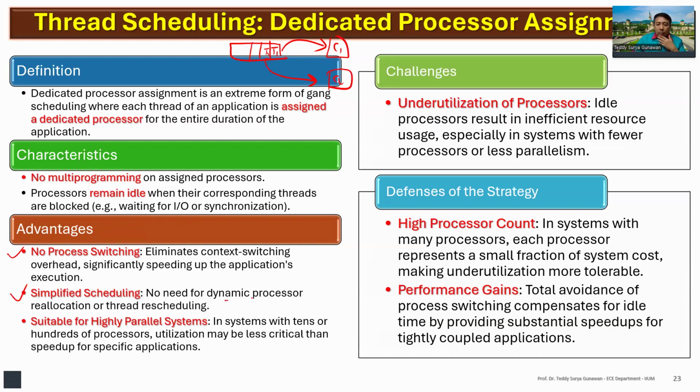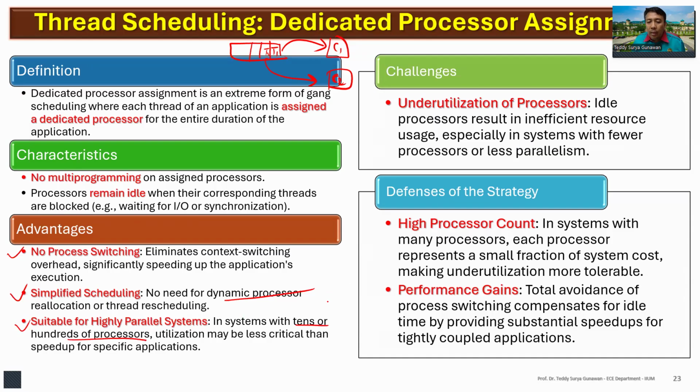No need for dynamic processor reallocation. For example, if you don't do dedicated, then T1 goes to C1, and T1 can go to C2 as well. This is suitable for highly parallel systems in which we have tens or hundreds of processors,